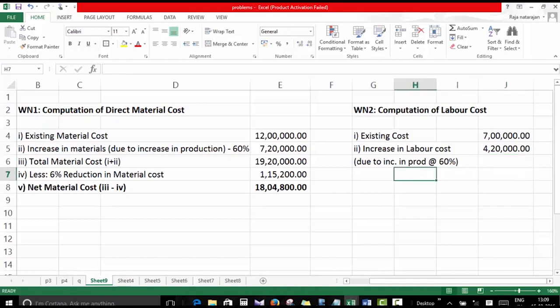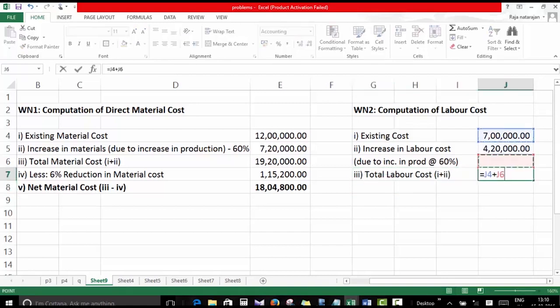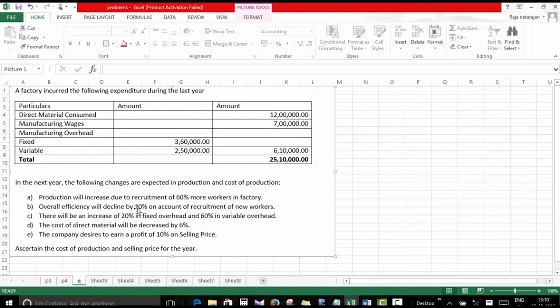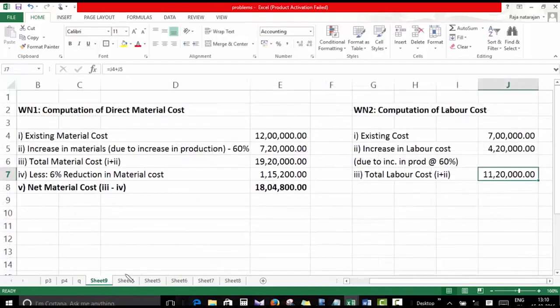Now this is going to be your total labor cost, which is 1 plus 2. But you are not going to end up with only this because there is an inefficiency now. What is the inefficiency? Overall efficiency will decline by 10% on account of recruitment of new workers. It means you cannot get your work done by